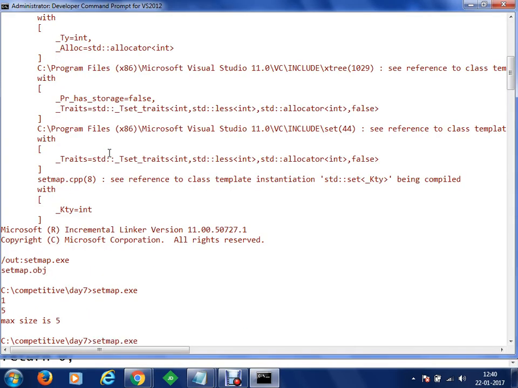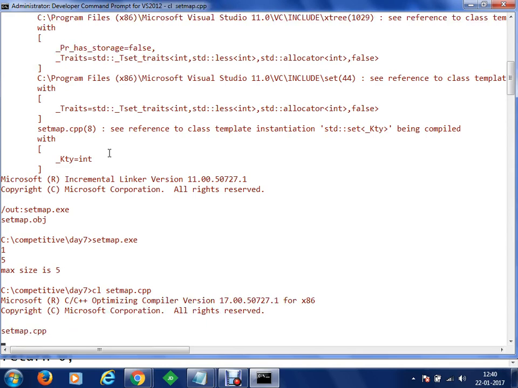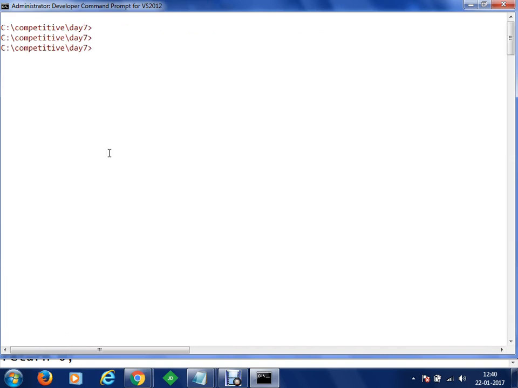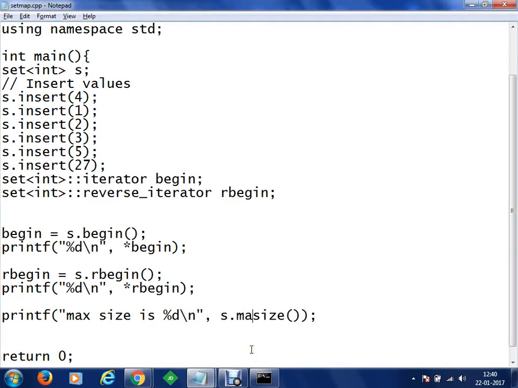Control S. But then don't you have a separate function to count? For count, we have the count, but what that count does, it counts the individual occurrence of the value with respect to key. So set में तो एक ही आएगा. That is always like that. Yes, set में it's always one, and in map it could be the number of occurrences of the element. Setmap.exe. So here it will give you the max size is 6, but that is for size.